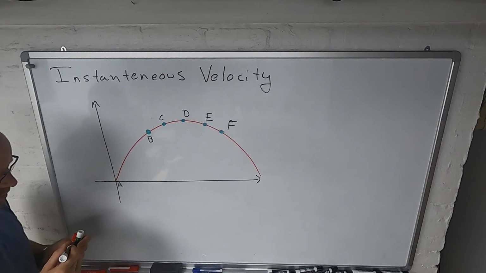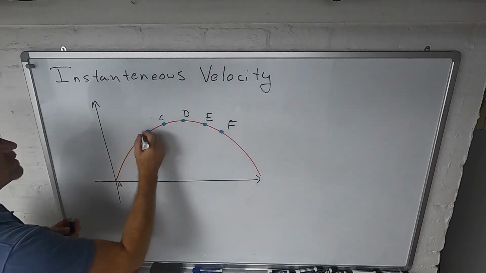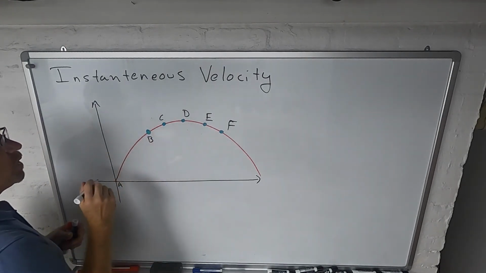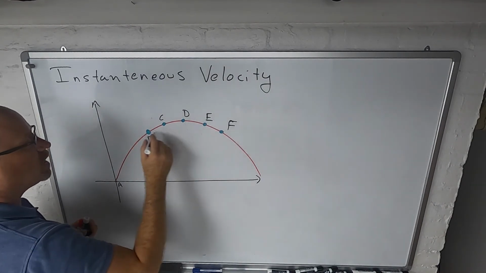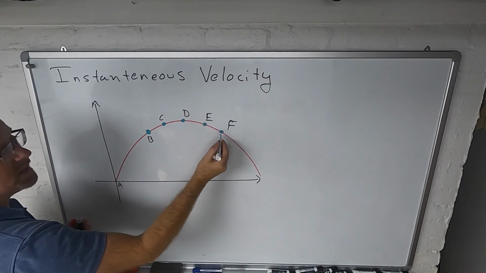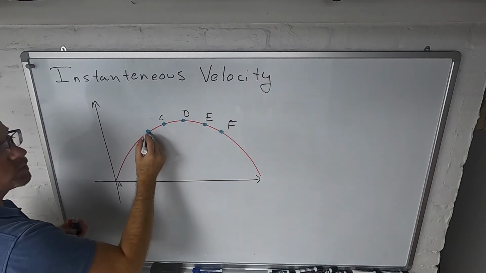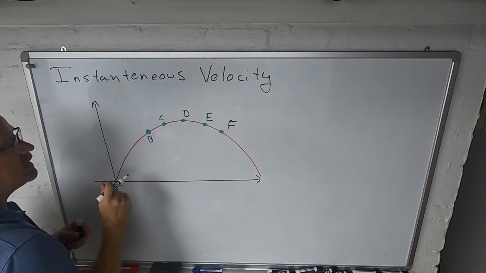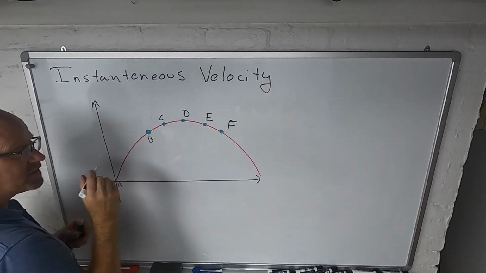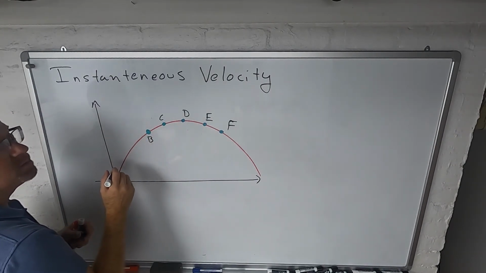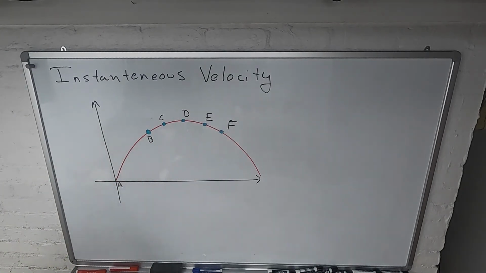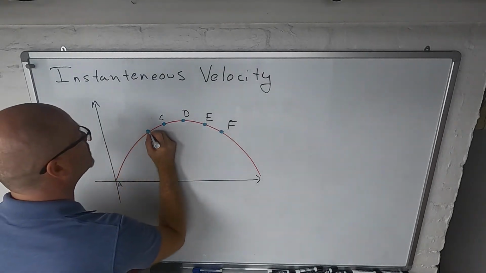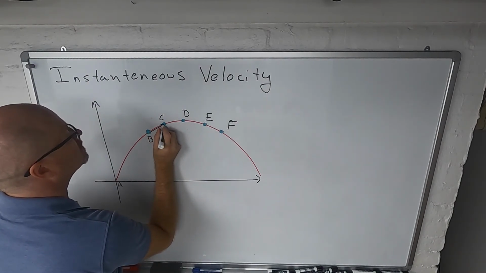But for demonstration purposes, I just want to point out that if I think about the vector quantity of the position of where the ball is at some later time relative to where it started, I'm going to start it here at point B, I have to draw vectors that connect point B to point C, D, E, and F, for example. And so what I'm going to do is talk about the relative position vectors from